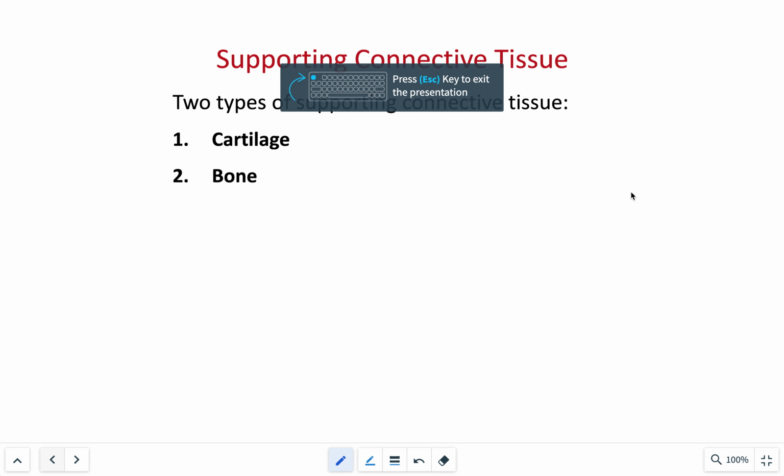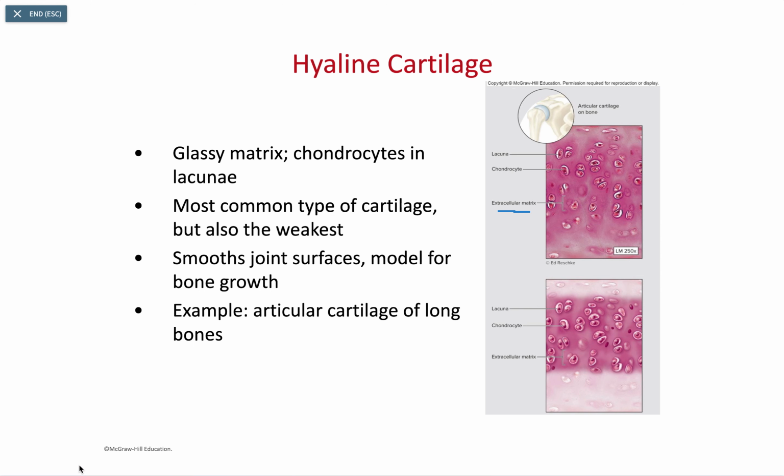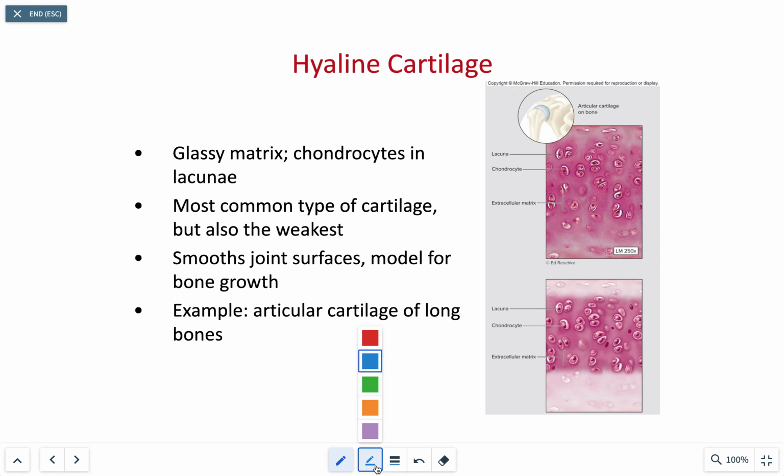Today we'll be talking about the category of supporting connective tissue. The two types of tissues that we'll be talking about today are going to be the cartilage and the bone. So before we get into hyaline cartilage, the first thing that we should discuss would be the general